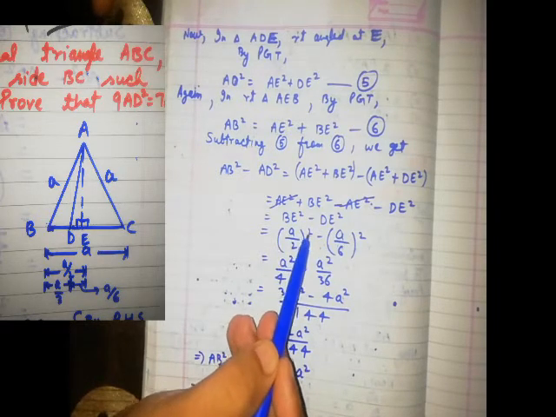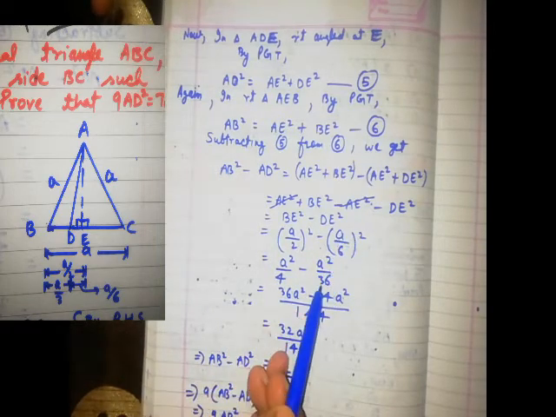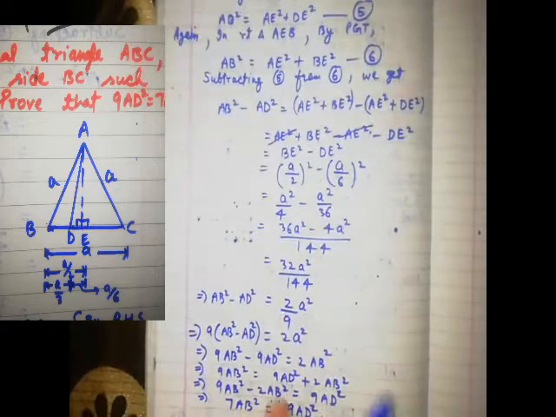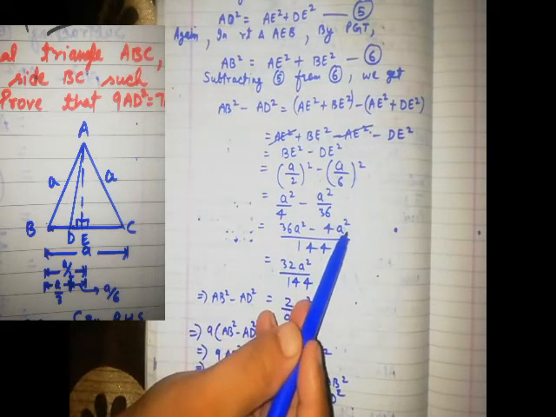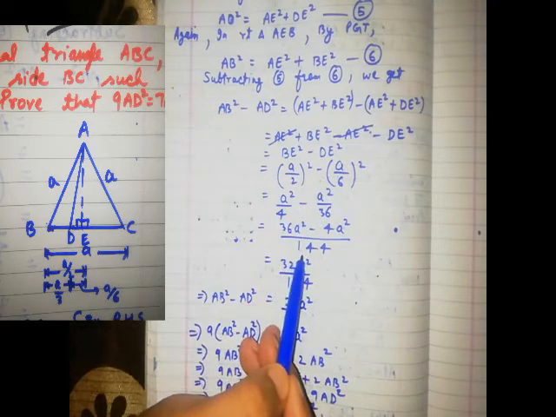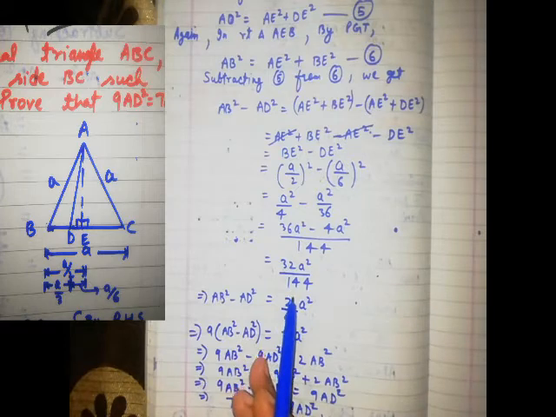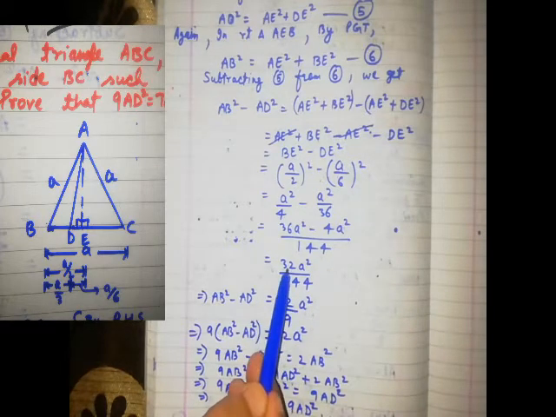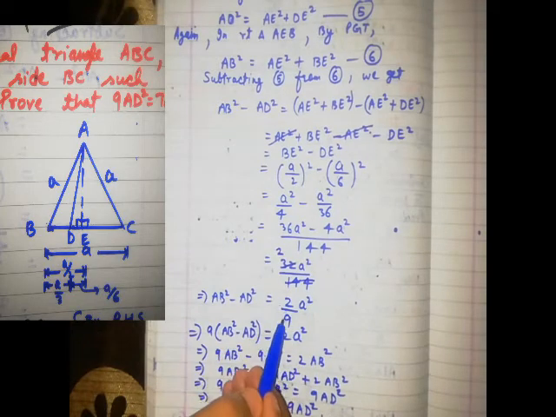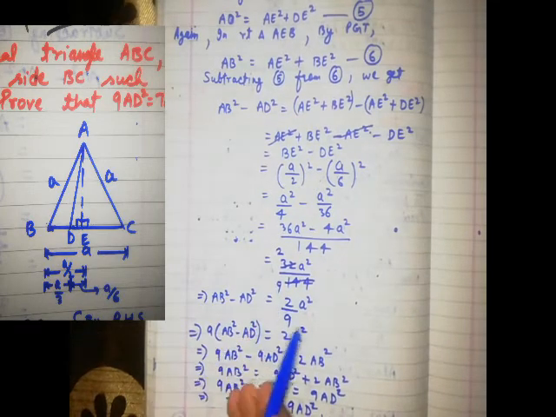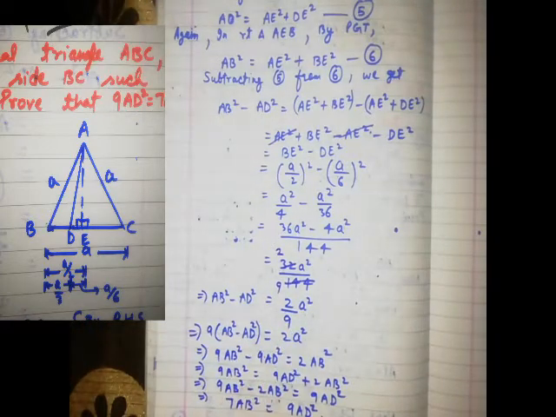So A square upon 2 square is 4. Here A square upon 6 square is 36. Now A square into 36, 36A square minus 4 into A square, 4A square upon 4 into 36, 144. 36 minus 4, 32. And 2 sixteens are 32 and 9 sixteens are 144. So we get AB square minus AD square equal to 2 by 9 A square.